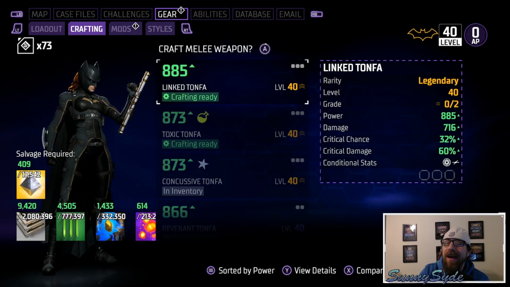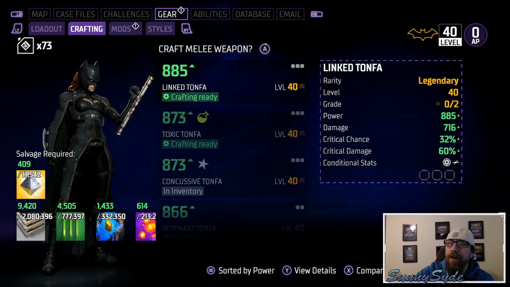The power stat in Gotham Knights, I think, is very confusing to a lot of people. So today in this video, we're going to try to set the record straight. The question came up in the stream yesterday: does power actually affect gameplay? Well, I did some extensive testing, and in today's video, I'm going to share all of my results with you. So hopefully by the end of the video, you have a better understanding of what the power stat actually means